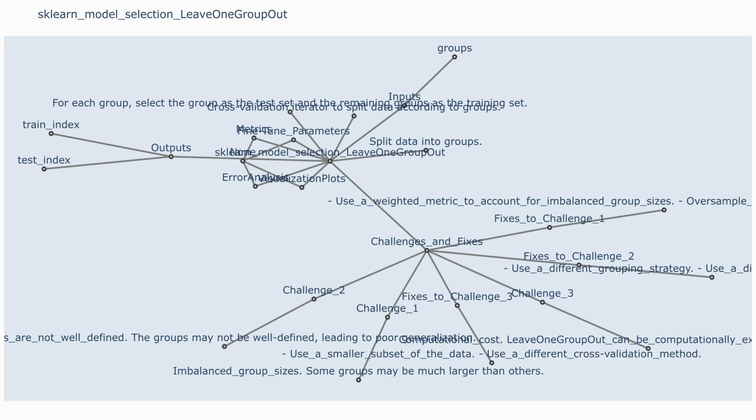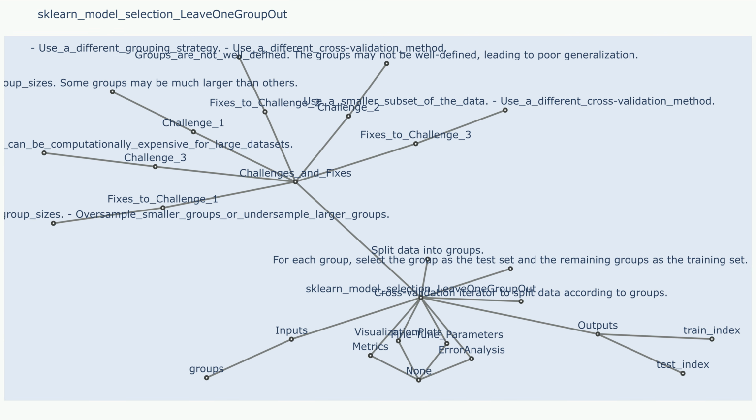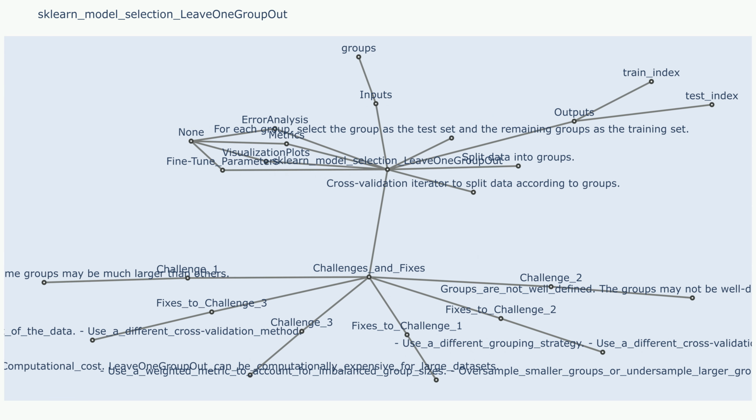sklearn, model selection, leave one group out. Description: Leave one group out is a cross-validation strategy that partitions the data into training and testing sets by leaving out one group at a time. It is particularly useful for scenarios where you want to ensure that data points from the same group are not split between training and testing sets, ensuring that the model's performance is evaluated based on its ability to generalize to